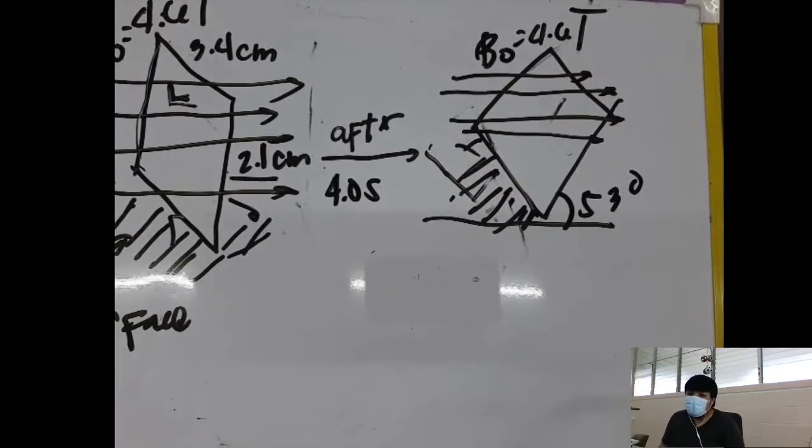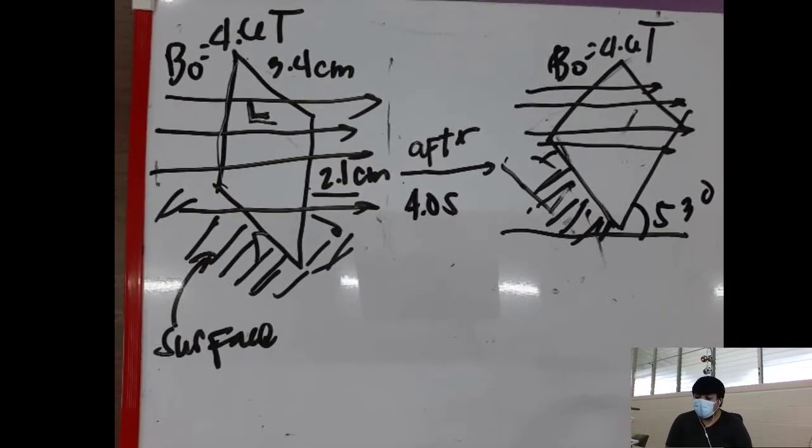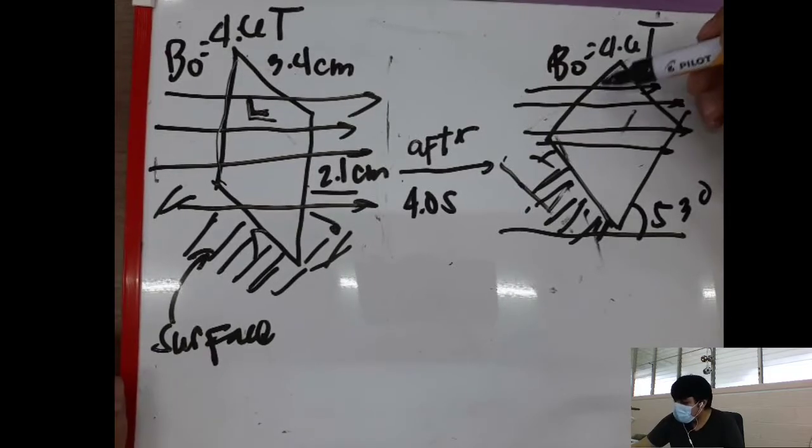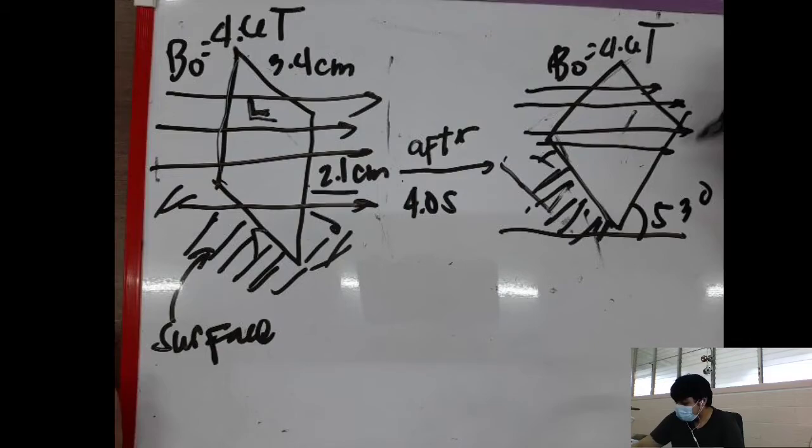So now since the conducting rectangle has been tilted, that means the magnetic field will no longer be perpendicular to